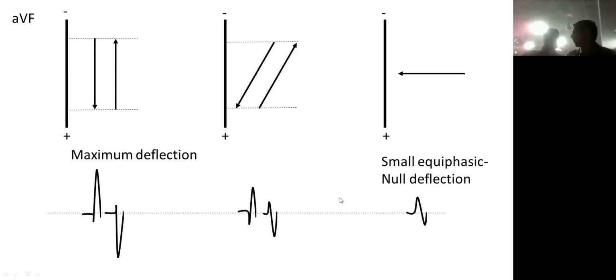And last understanding is, if I have a small equiphasic null deflection,